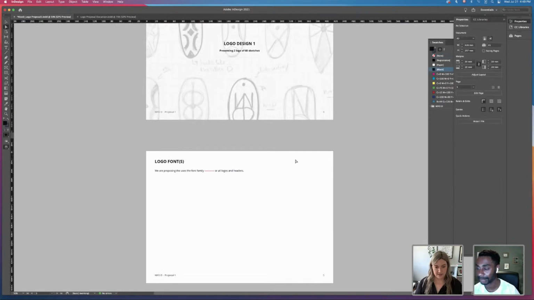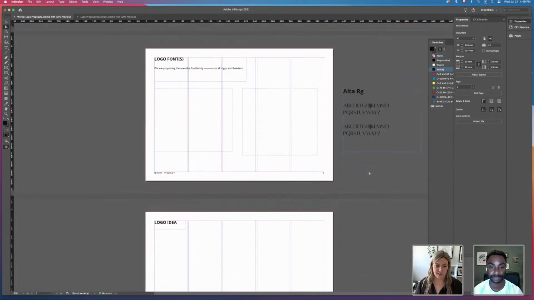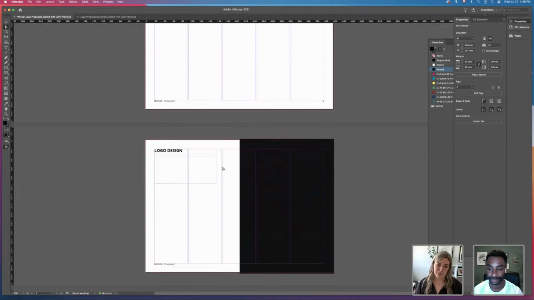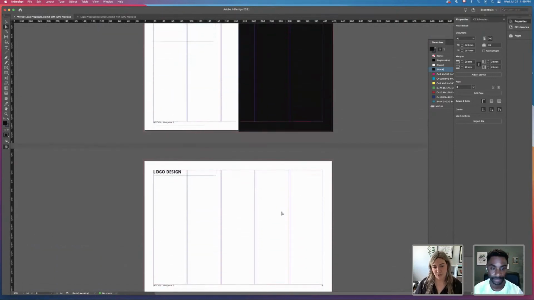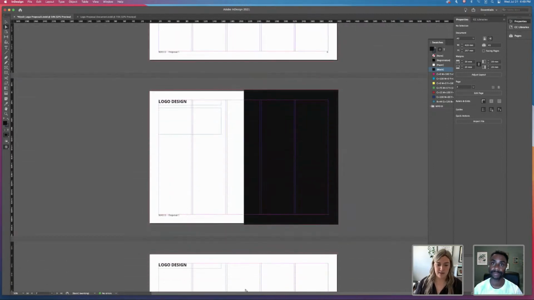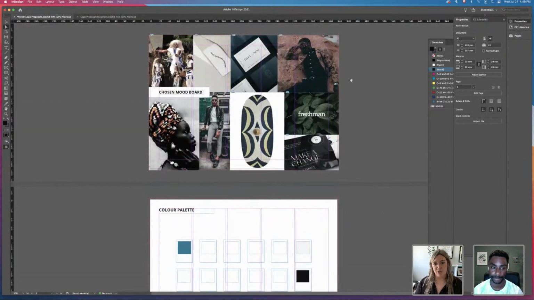Then here, we would add the logo fonts, which I've already added here. The logo ideas we'll do tomorrow. You want to present the logo in black and white, the full logo, and if it has color, it's nice to have it by itself so the client can see it breathe. I can add that right away. So I would say that the logo that suits this mood board best would be,